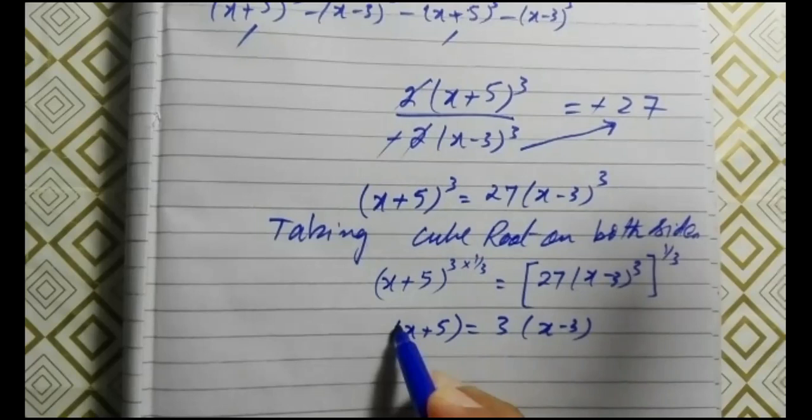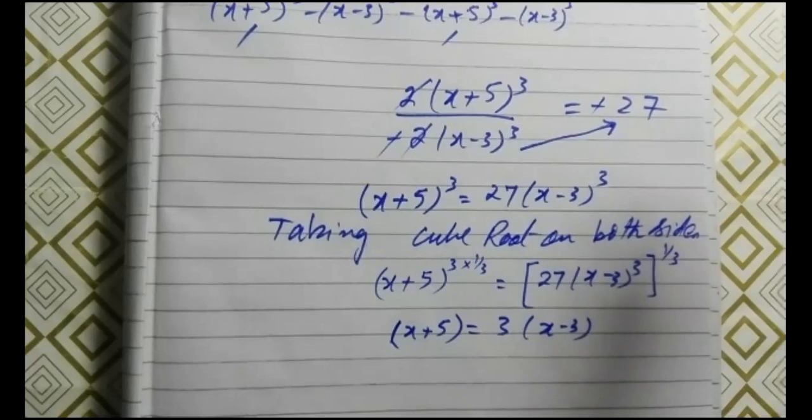And please don't forget that once you take the cube root, there is no plus minus sign. Fine, there will not be any plus minus sign for taking the cube root. There will be only a positive sign. With the square root, once you take the square root, then there are positive and negative signs which we write with the terms. Otherwise we don't write it. We have applied the cube root.